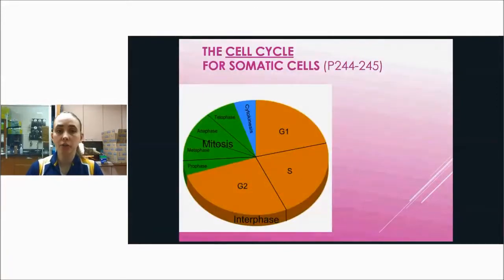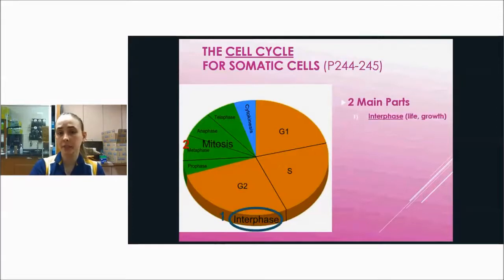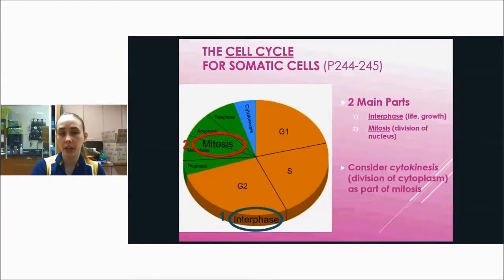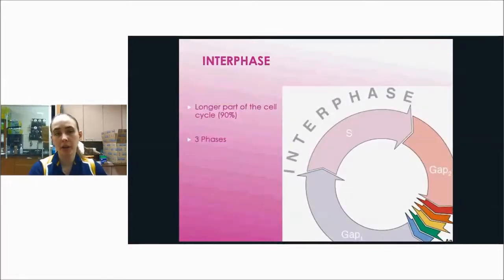The cell cycle for somatic cells, that's your body cells, has 2 main parts, and they are interphase and mitosis. Interphase is everything in yellow, and mitosis is everything in green. You can consider cytokinesis, the division of the cytoplasm, as part of mitosis. It happens at the same time as telophase. So interphase is the longer part of the cell cycle. About 90% of the time cells are in interphase, and it has 3 phases in it: G1, gap, S, synthesis,